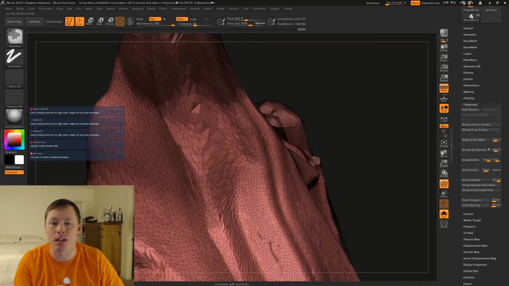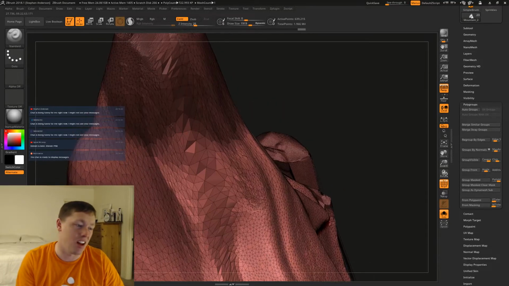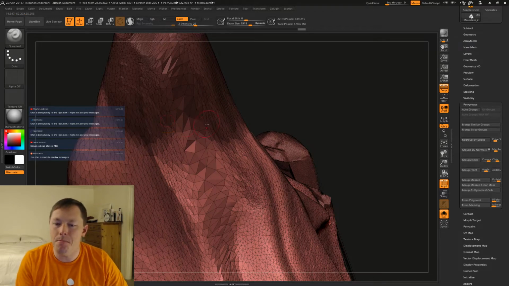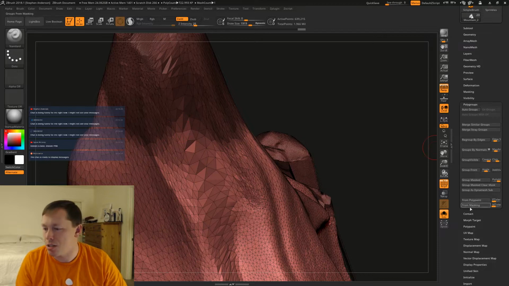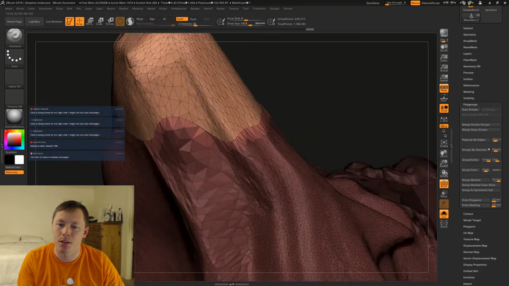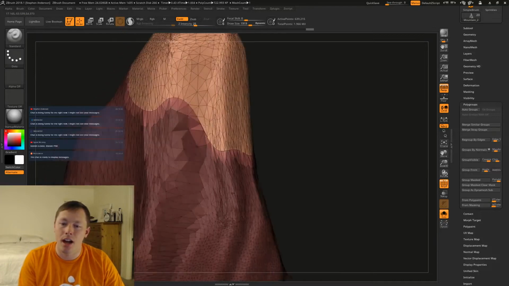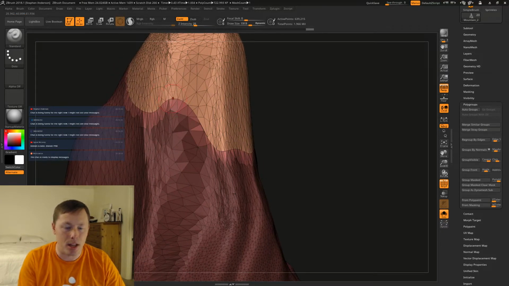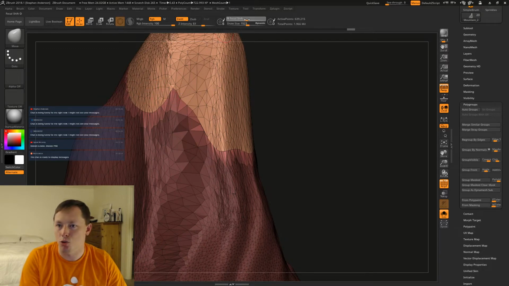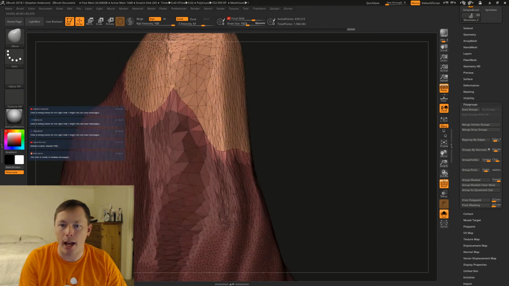Right now you can see the edge of this mask is not very smooth. So I'm going to hit group masked, but with the polish all the way up to 1. Check that out. Super smooth line. I don't want it to be super smooth like that, but I don't want it to be jagged like it was. I want this to be stylized, jagged, and controlled. I want it to feel like I've got control, because I got the power.